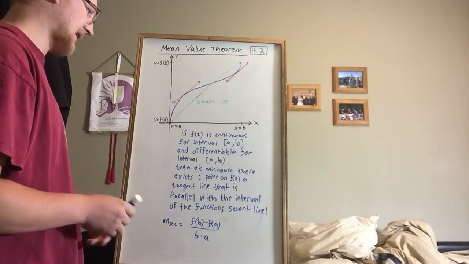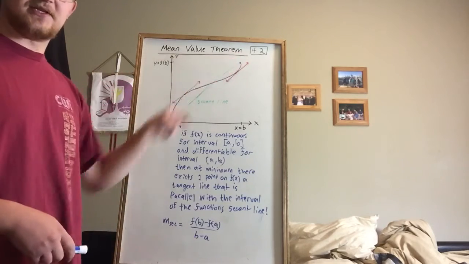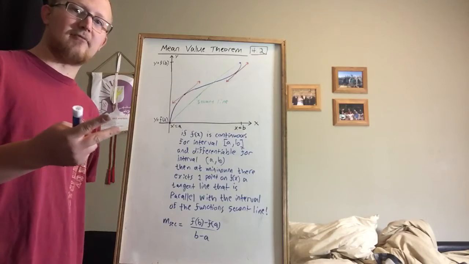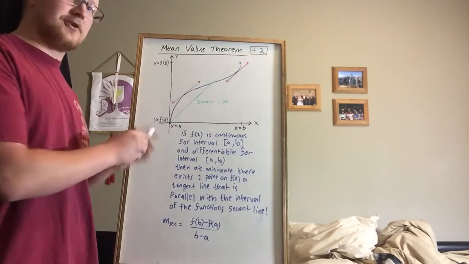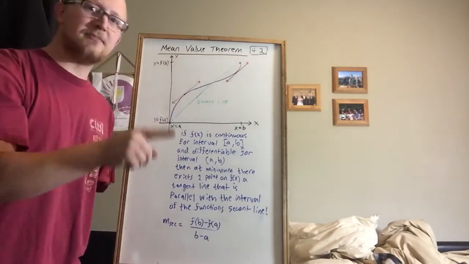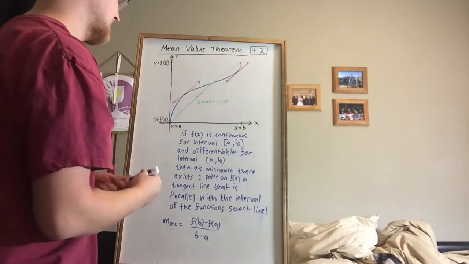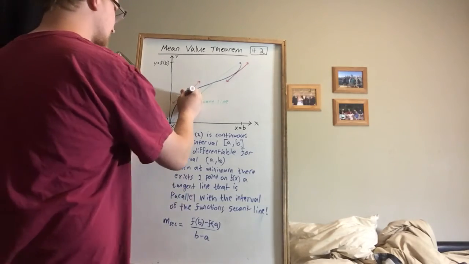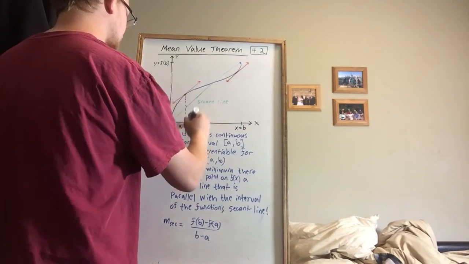And what this is telling us is that this is the slope of just this line between these two points, the starting and ending point of our f(x). And what this theorem is saying is that on the true graph f(x), which in this case is a little more curvy, there must be at minimum one point on the graph. Typically we call that point c. Let's focus in on this one. We'll call this x equals c,